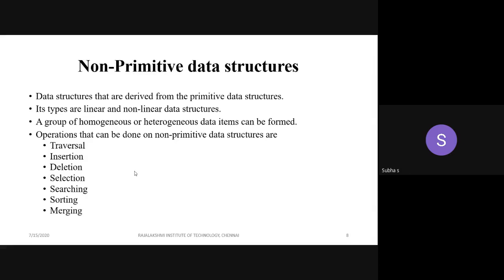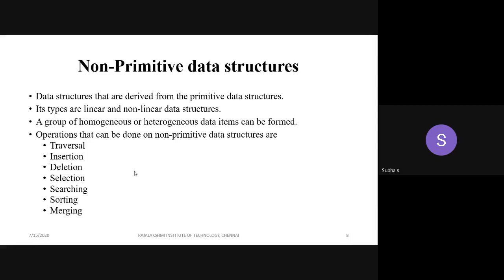But for heterogeneous data type, can anyone give an example? It can have a combination of different data types. You studied it in the second semester, you studied it recently. Heterogeneous data type. Structure in C. Yes. List in Python, very good. Tuple in Python. Yes, good. A very common example of heterogeneous is structure.